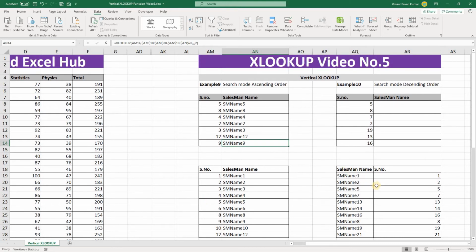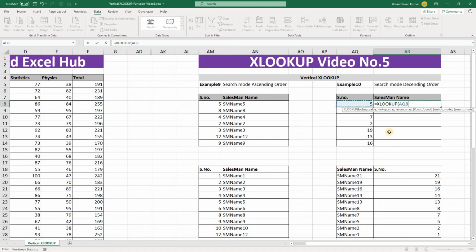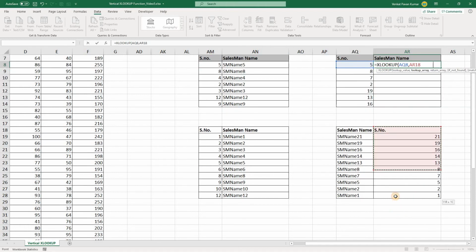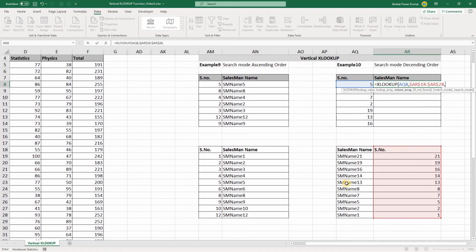Okay, now descending order. Again I'm going to select the salesman number and click on highest to lowest, which is descending order. Here I'm going to write XLOOKUP. This is my lookup value, and the lookup array in this case will be this column, salesman number. Then it is asking for the return array, so the return array will be this.